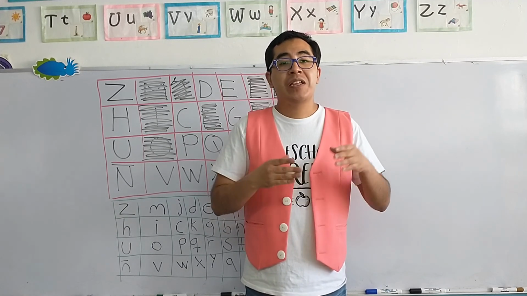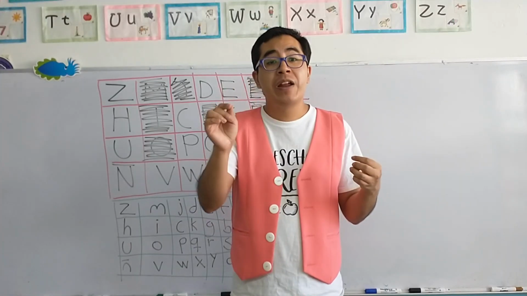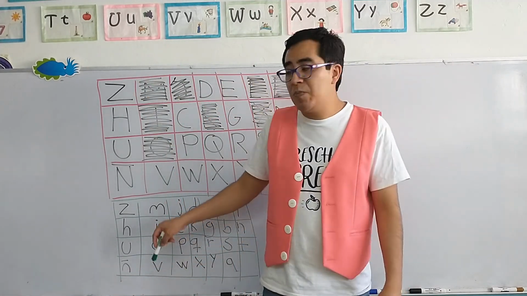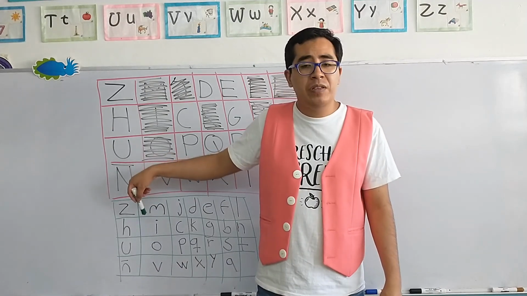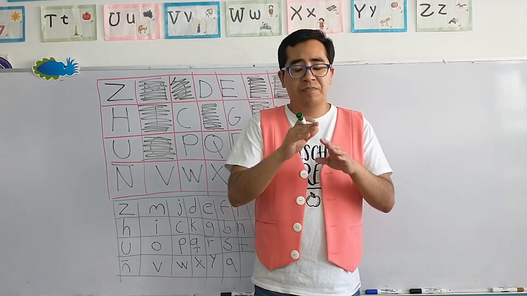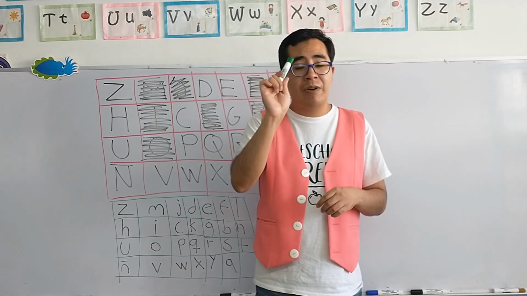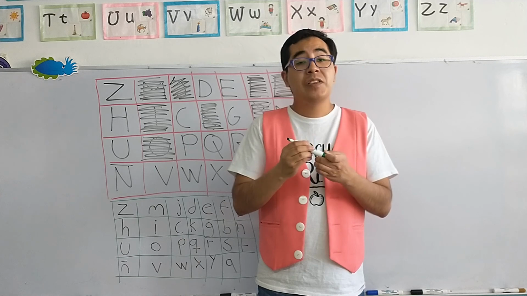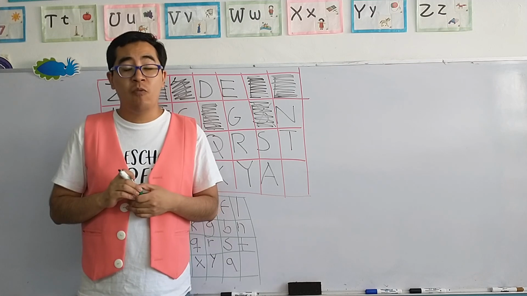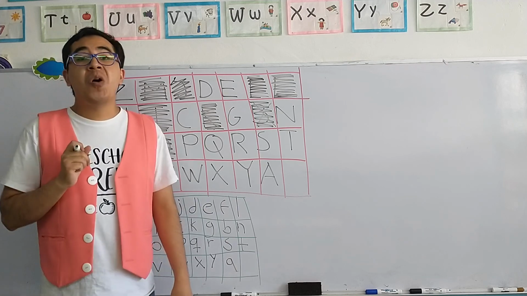Okay? Now, for this, we are going to make the same activity. The teacher is going to ask you to look for the letters that we need. For this, once again, if you want to paint the squares, you can paint them with different colors. If you want just to use a color to mark with an X, you can also do it. There is no problem. In the case of the teacher Jacob, I'm going to grab my marker color green. Okay, so let's begin. The first letter I want you to look for is small A